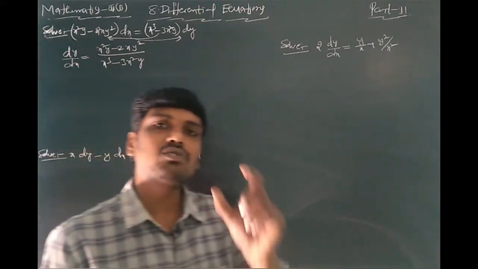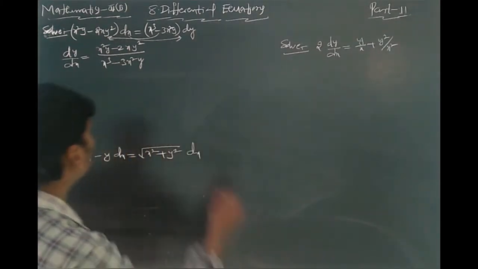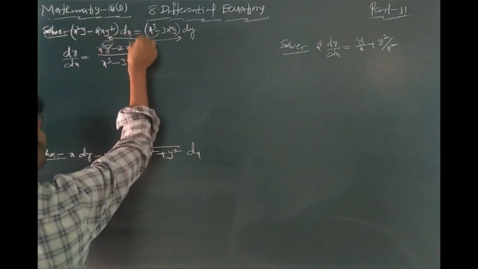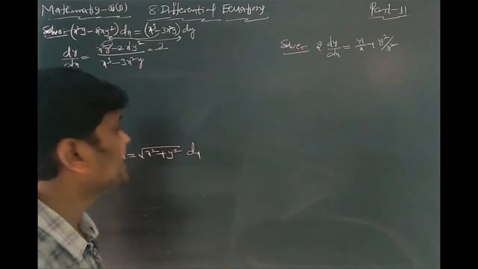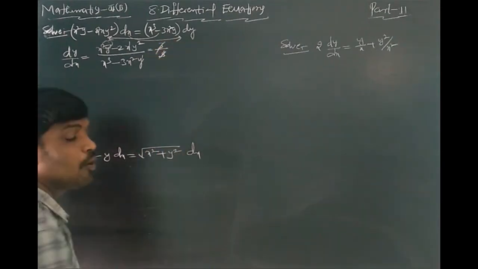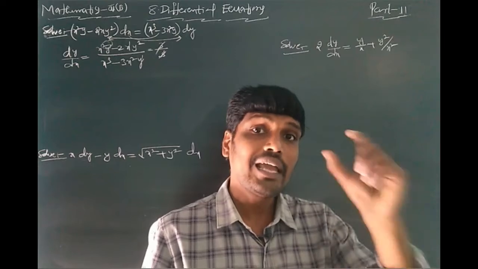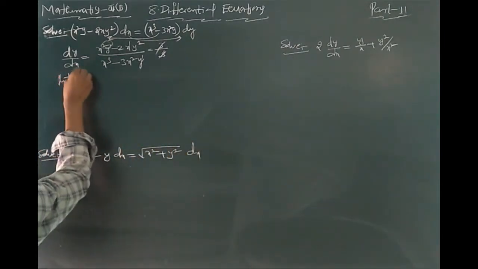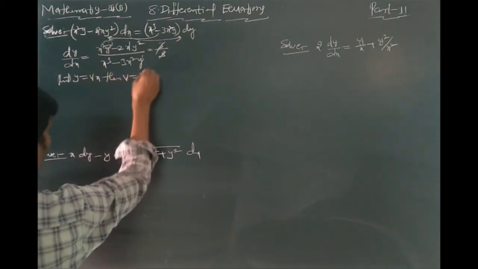First of all, check whether this one is homogeneous or not. Here, see students, here x square, 2 plus 1, this degree is 3, 1 plus 2 degree is 3. Both in the numerator have the same degree. Denominator, this 3 degree, here 2 plus 1, 3 degree. This is a first degree homogeneous equation in the form of dy by dx. That's why you can write put y is equal to vx, then v is equal to y by x.